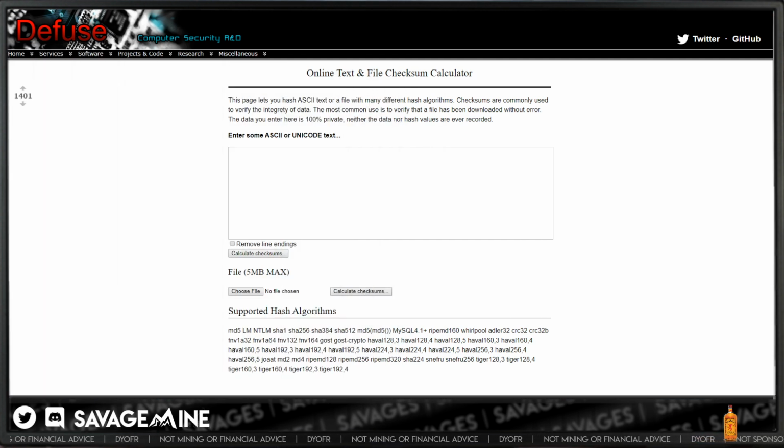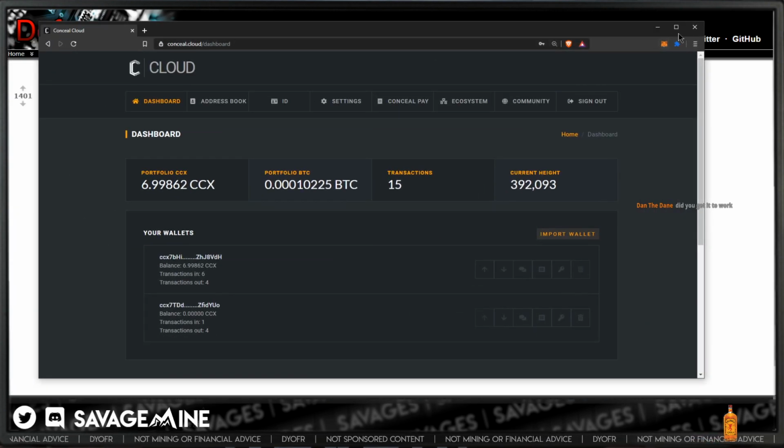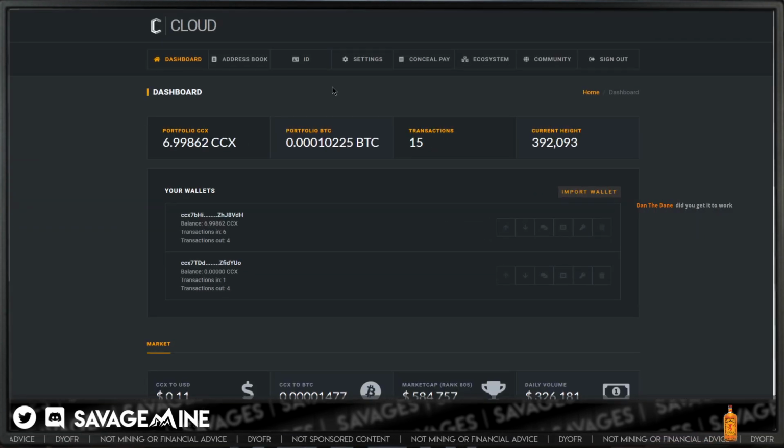I'm definitely going to pull that to where y'all can't see it. All right, so here we go. So here is my cloud wallet, and you can see I've got some CCX in here.